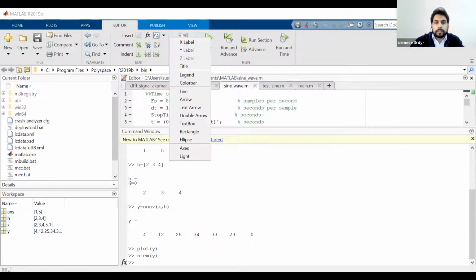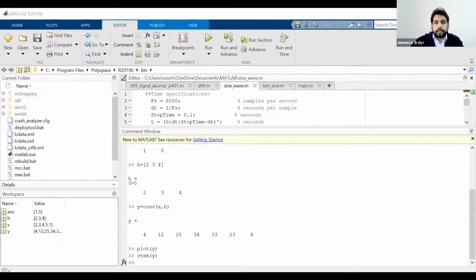You can insert the grid. You can put the xlabel, the ylabel, and the title. Suppose the xlabel is time or small n, and the ylabel is amplitude.